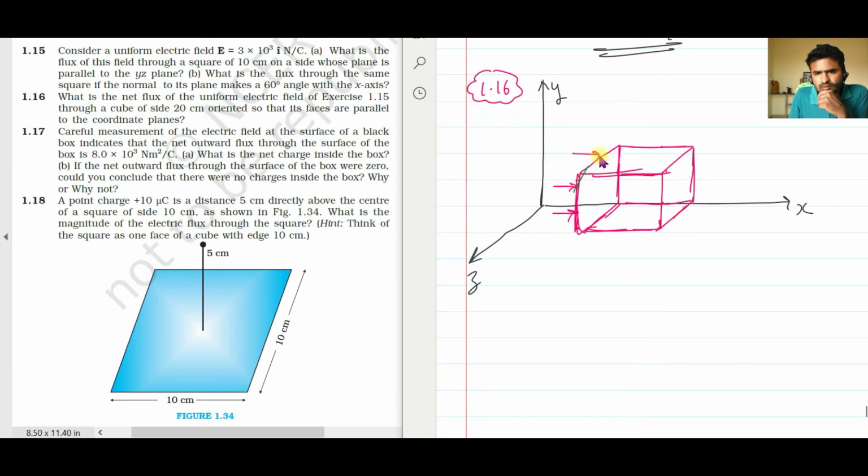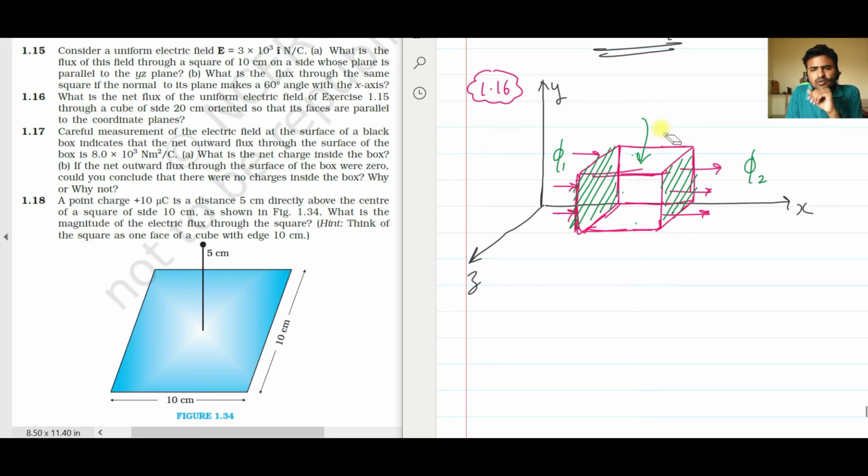So the electric field is entering through that plane, and the same electric field will leave from here, right? The same electric field lines will leave from here. So there is no flux on the side surfaces, like this and this, and the bottom and the other side. On this surface there is no flux because the electric field lines will be grazing the surfaces. If I say phi1 is the flux entering the front face and phi2 is the flux leaving the back face, then phi1 and phi2 both will be equal.